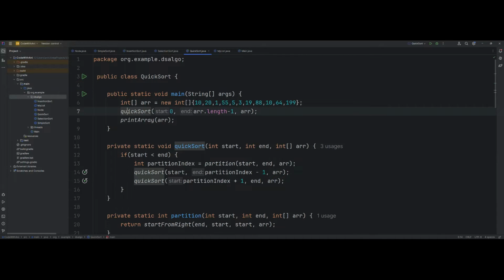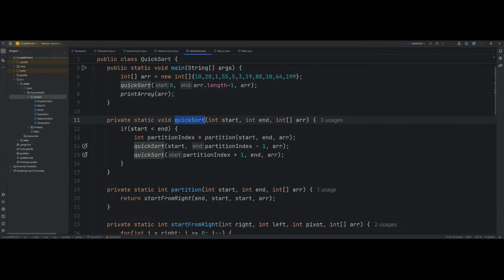Okay. I'm calling the quicksort method here, and it accepts three parameters. It accepts the start position from where I want to start, the end position where the end pointer should be, or the last element should be, and the array itself. So I'm calling with 0, array.length - 1, which is the last position of the element in the array, and the array itself. Now what we do here is we go to the quicksort method and you see that